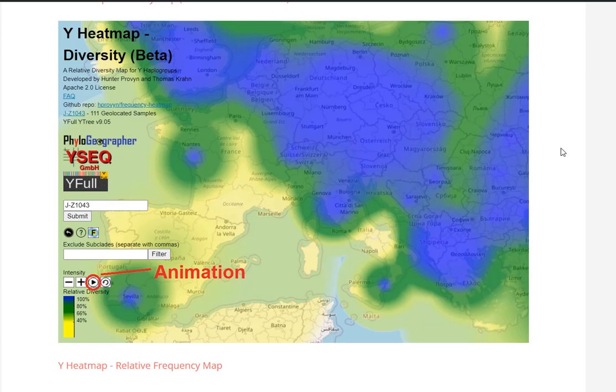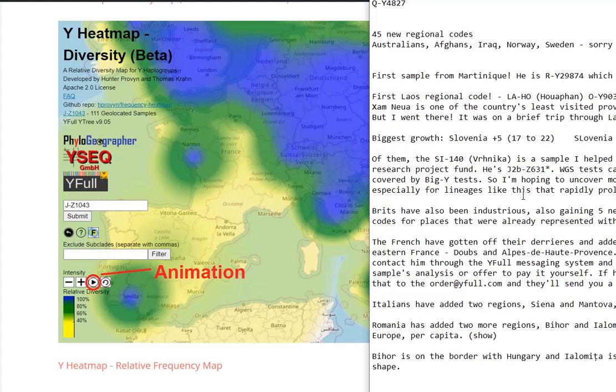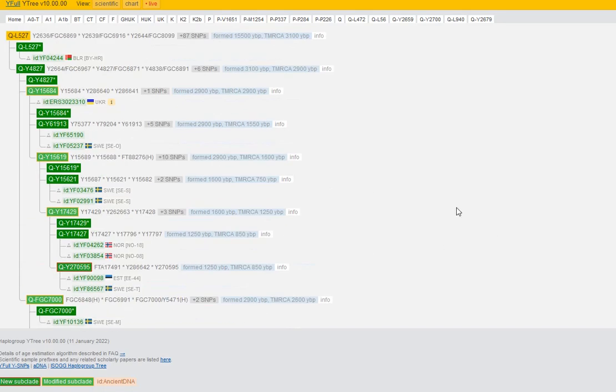A researcher in haplogroup Q recently contacted me, actually yesterday he did, and he said, I'm interested to discuss with you the origin of a lineage of Q called QY4827. So if we look at QY4827,